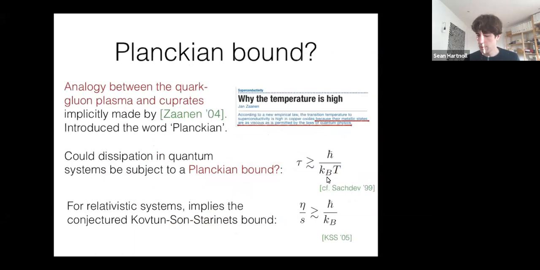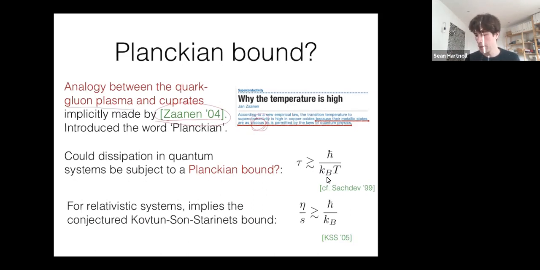The word Planckian was coined by Jan Zaanen in 2004, and he doesn't explicitly mention the quark-gluon plasma in this, but I think there's definitely an implicit analogy. In fact, this is the same year as the KSS paper. The causality is not totally clear, but he uses the word viscosity, which is not a common word to use in the context of metals. So I think it's fair to say there's an implicit analogy made